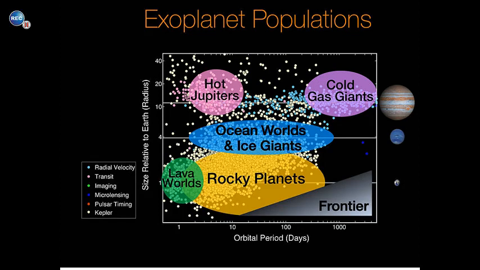So here is a layout of possible populations. The early ones are the hot Jupiters. Some of the post-Kepler techniques that aren't Kepler will find you colder gas giants, things like Jupiter. And then Kepler techniques find you things like ice giants like Neptune, or ocean-like things that are very big planets. And then there's the rocky Earth-like planets, and even worse, the sort of molten bodies, the lava worlds,